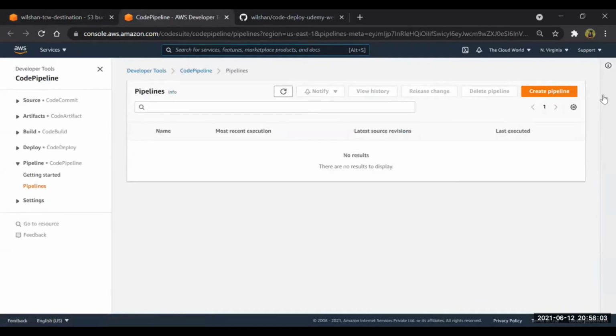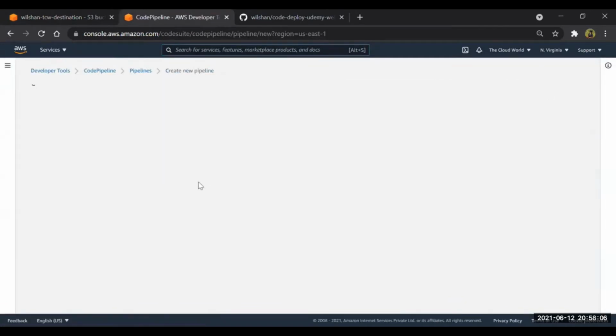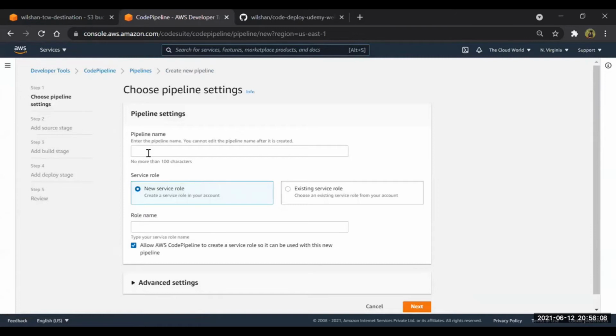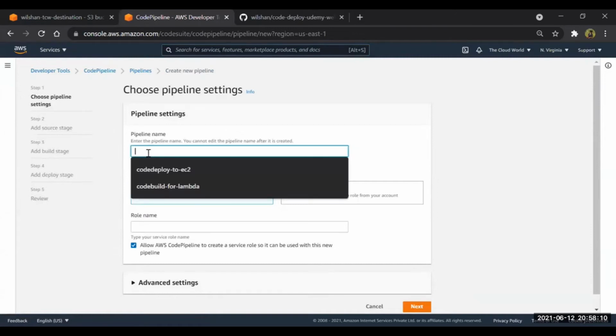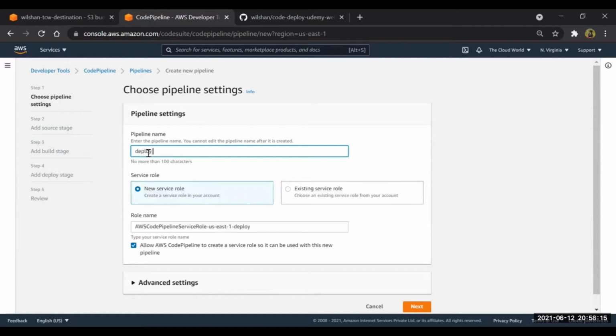Go to CodePipeline, just click on create pipeline. So what is the name I should give? Deploy to S3.